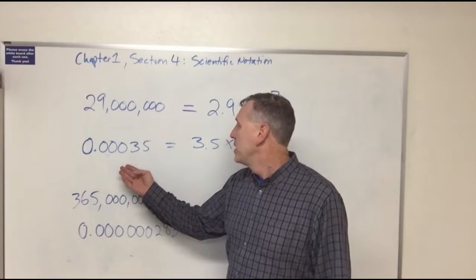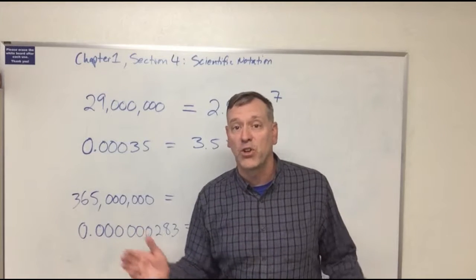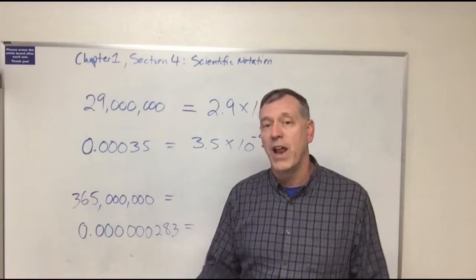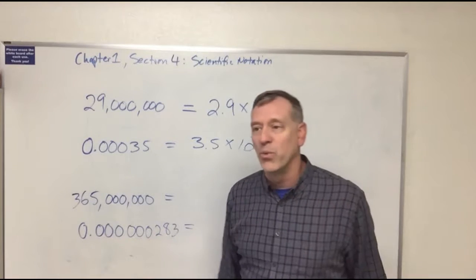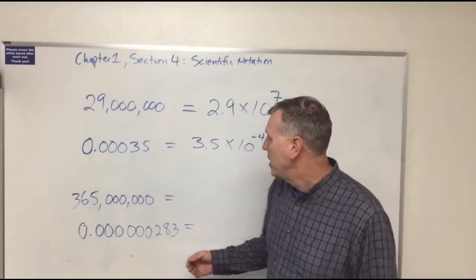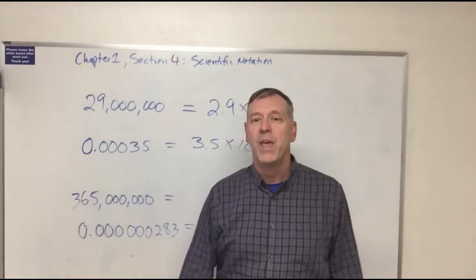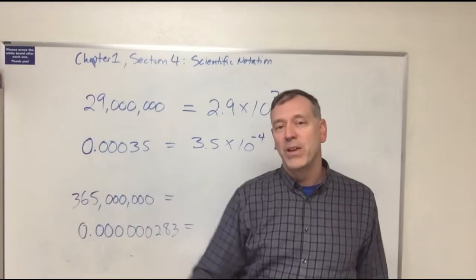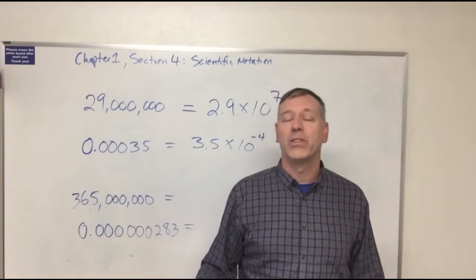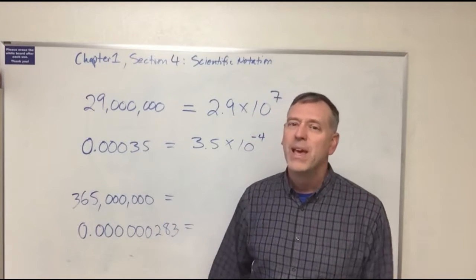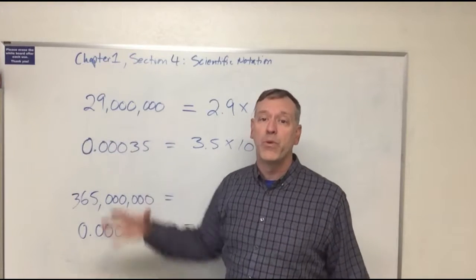Or you're measuring, say, some very small number like this one. Maybe it's the distance across the nucleus of an atom, in which case you're going to measure it in meters or centimeters or whatever, and you have an incredibly long set of zeros following the decimal point, and then finally a number. And what happens with that is that the zeros so dominate the dialogue that it's almost impossible to handle the information. And so scientific notation came along in order to allow really big numbers to be written in ways that are a little bit easier to manipulate,